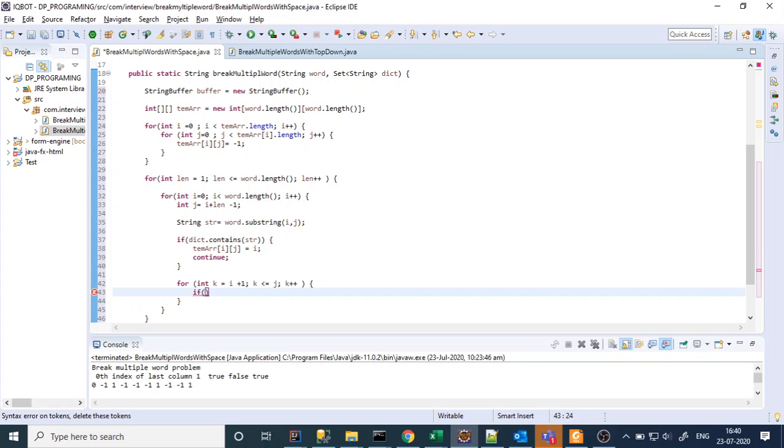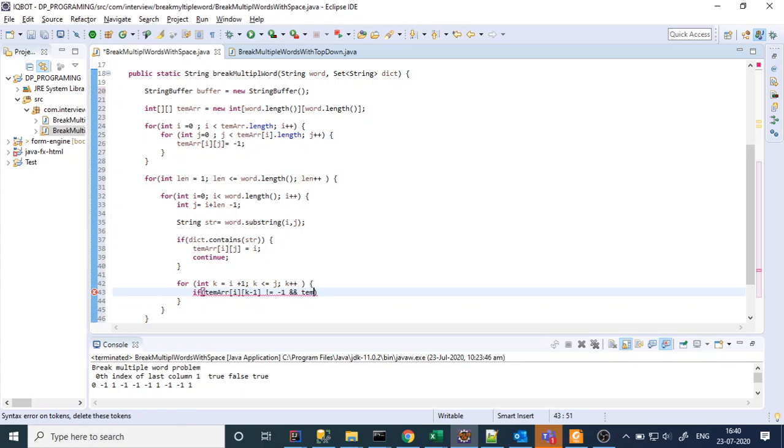If temp array of i, since I started with i, so i and k minus 1, not equal to minus 1, it means that there is some positive integer, and that positive integer means this has a value.